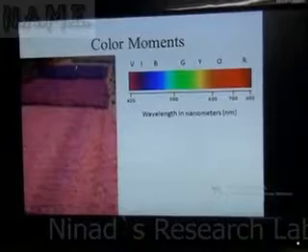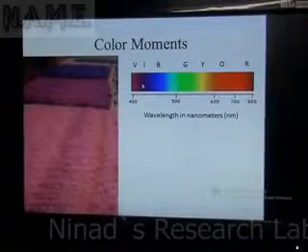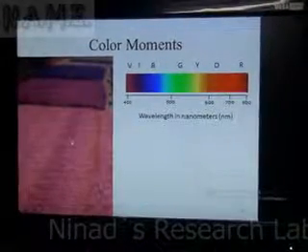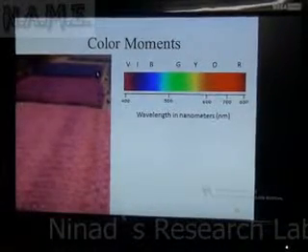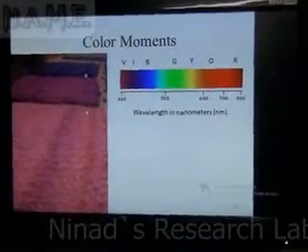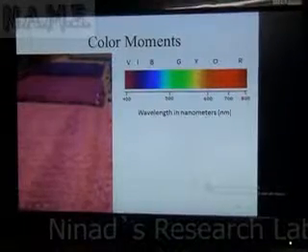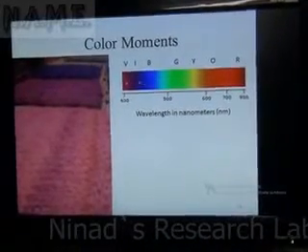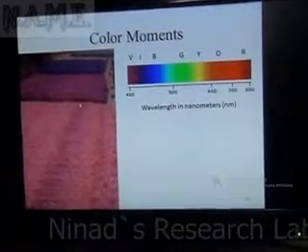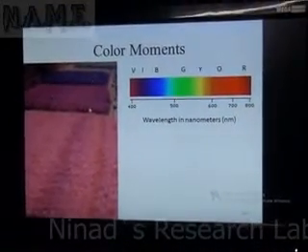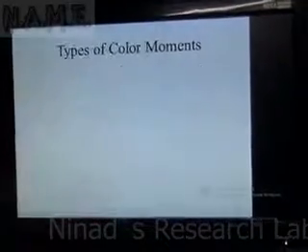Here you can see the three fabrics lie more or less in the same color range. But if I give you the first and third, they don't look the same. So you can say these two look the same, these two look the same, but first and third will not look the same. That is because the distance between first and third is large. That's why if your color moment distance is small, then you can say your images might be of same type.